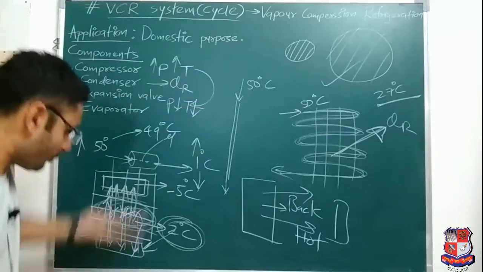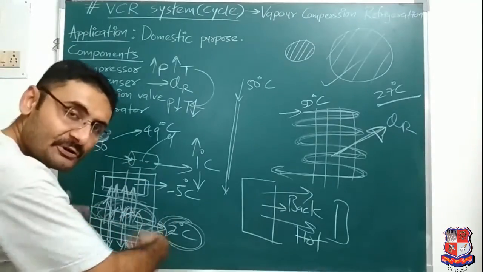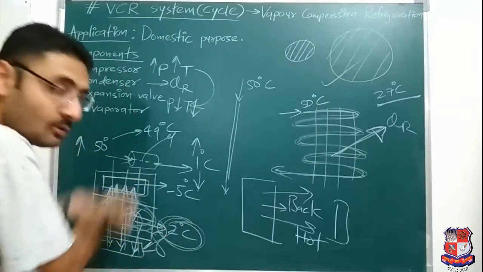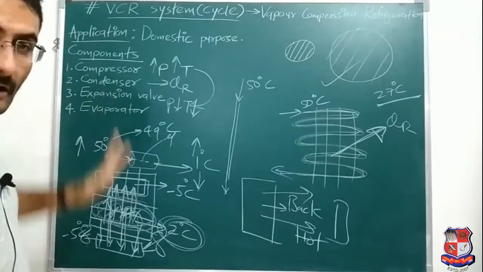So to circulate the cold air in the upward direction, 2 to 3 fans are located. Due to the rotation of that fan, what happens? Cold air is circulated. Okay, leave it. About this thing, it is clear, about all the devices.